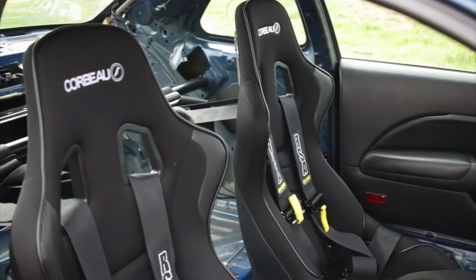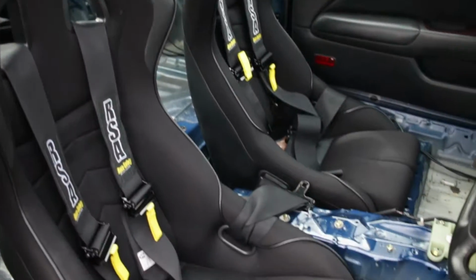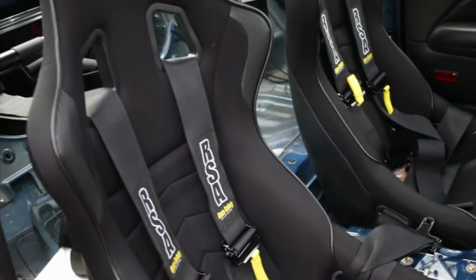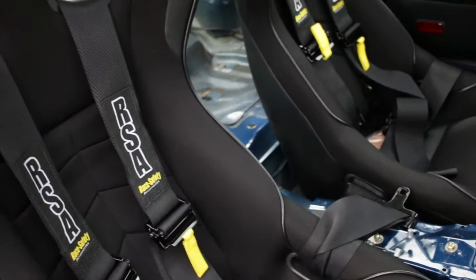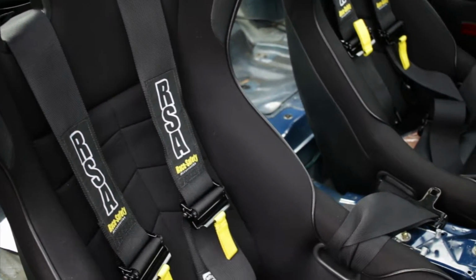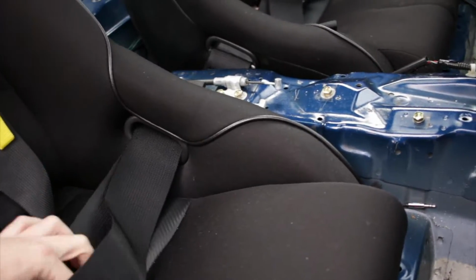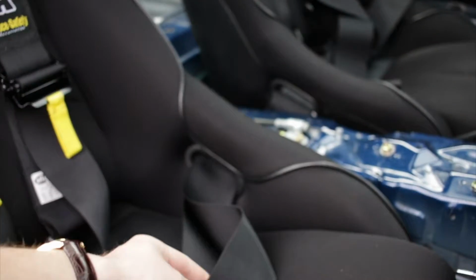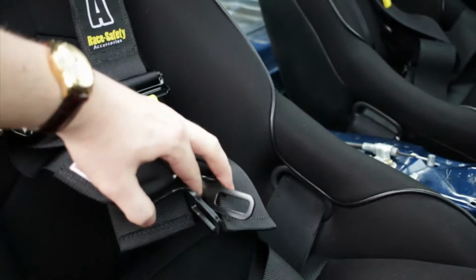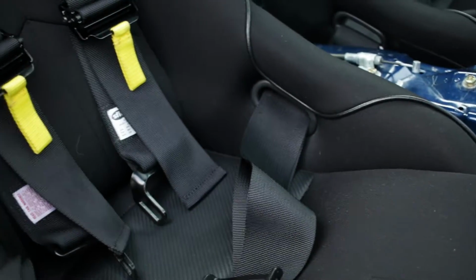If you watch one of my previous videos, you'll find out that we fitted a pair of Corbu DFXs into Ben's car. They're really nice seats. He's also fitted these RSA racing safety accessory harnesses, which are different. I've never seen them before. They've got quite a weird sort of latch system. So you have this, this is your lap belt, and these are the top ones. So you have to thread the lap belt through these,